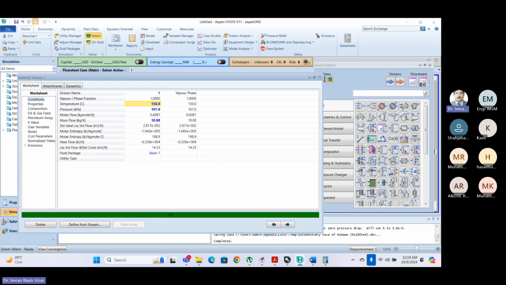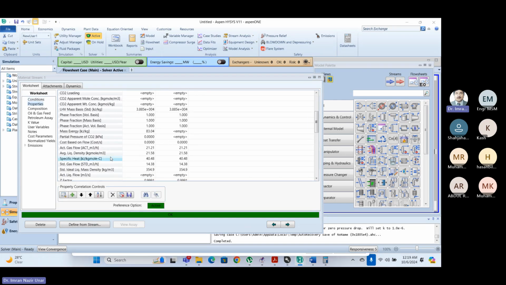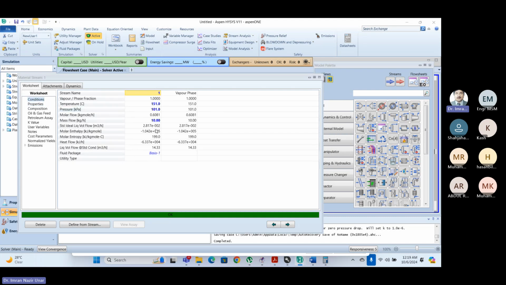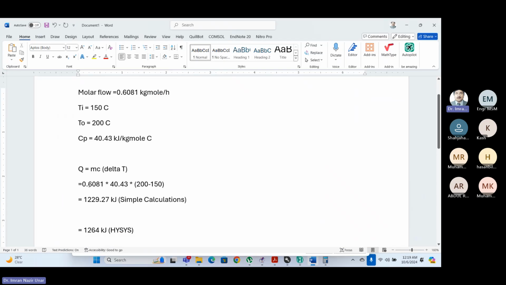If I raise only 1 degree centigrade to 151, you will notice that specific heat is a little bit varied, 40.48 instead of 40.43. So in each temperature rise of 1 unit, the Cp is changing. So HYSYS is not calculating directly by this simple multiplication, but in literature, instead of this formula